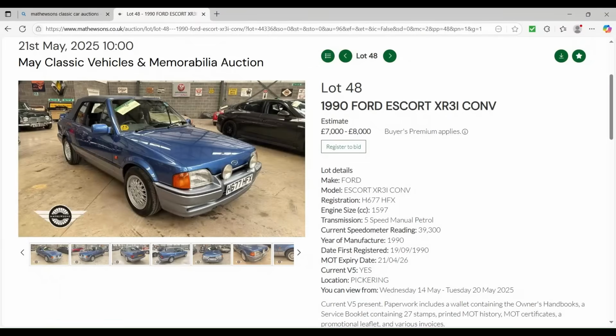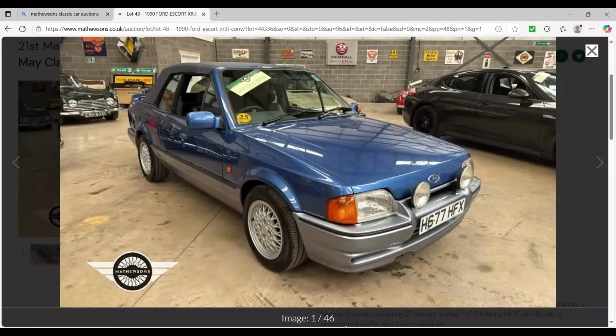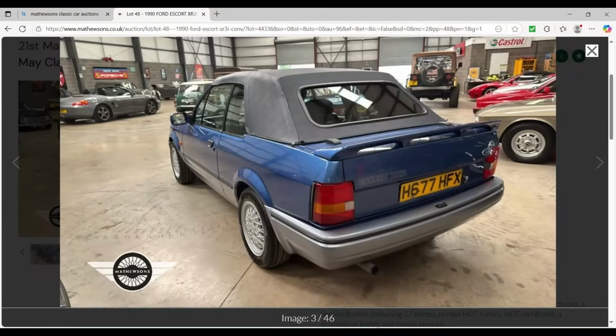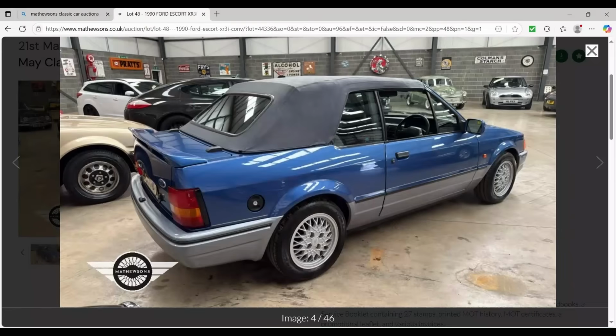Registered in Dorset, it's a 1990 XR3i Convertible, possibly sold by Hendy Ford or FF English. And compared to your standard XR3i, I think they offer excellent value for money. Most people opt for the tin top, of course. Personally speaking, I see these as a winner because you've got all the looks in convertible format, so you can